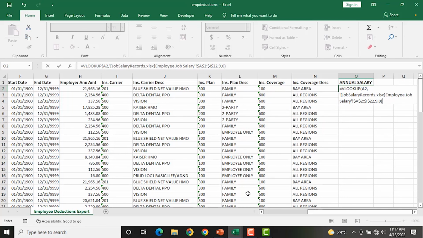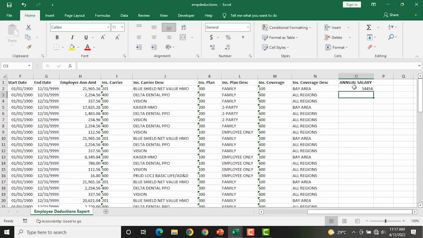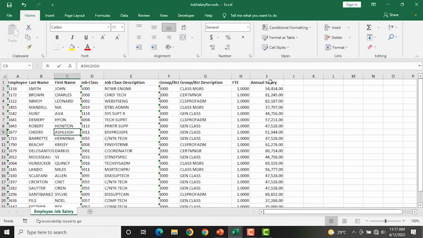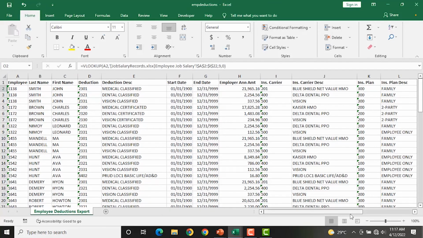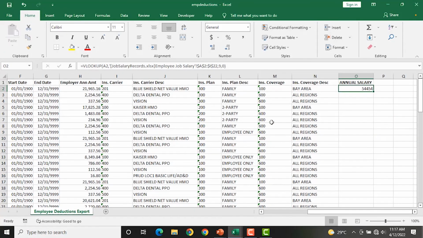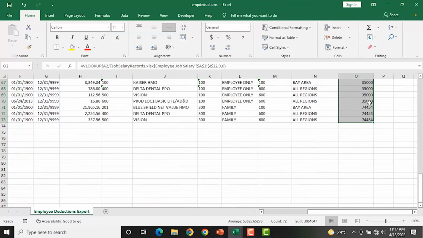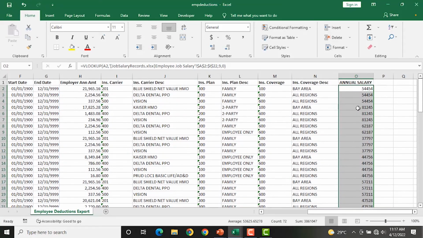Then press enter. See that now? Excel has used this ID number from this table, then come to this particular worksheet, picked their salary from here and dropped it in this particular table for me. So to see other employees' salaries, what I will do is autofill here to generate other employees' salaries. Okay, as simple as that. So you can use a different workbook to pull out your information using